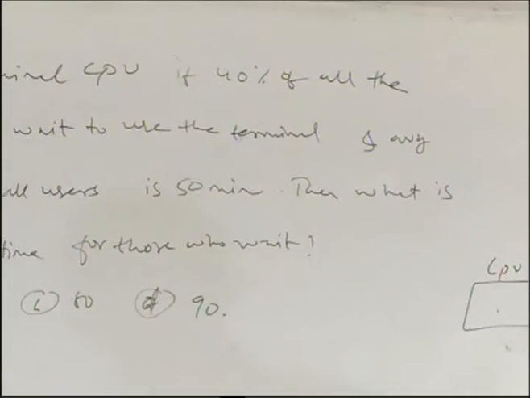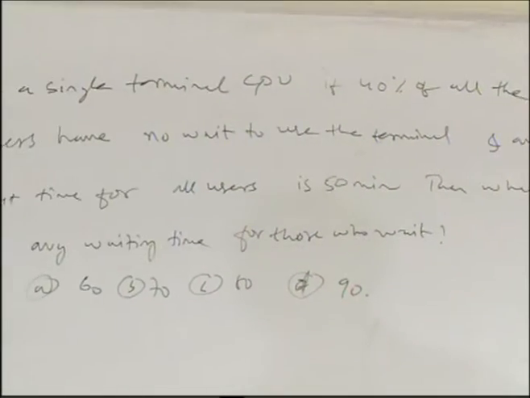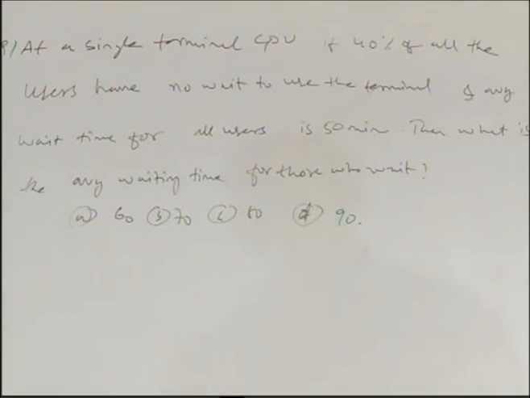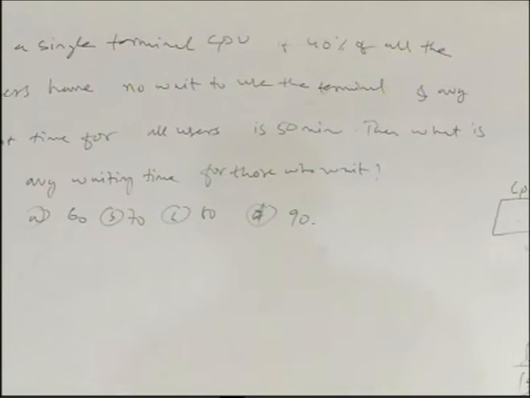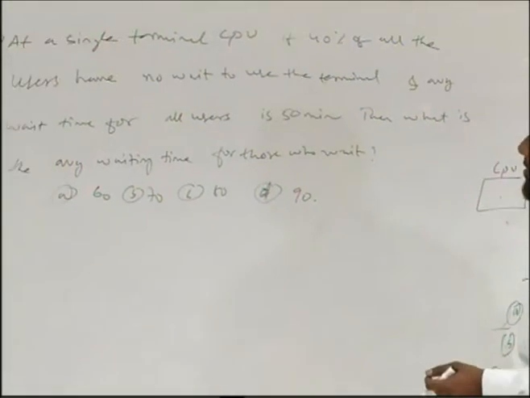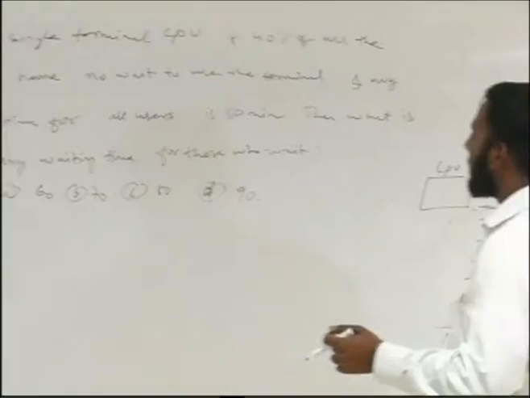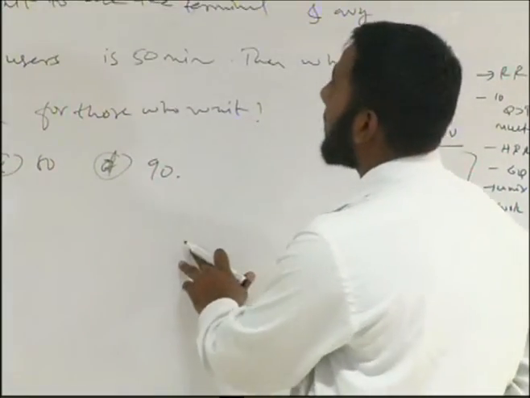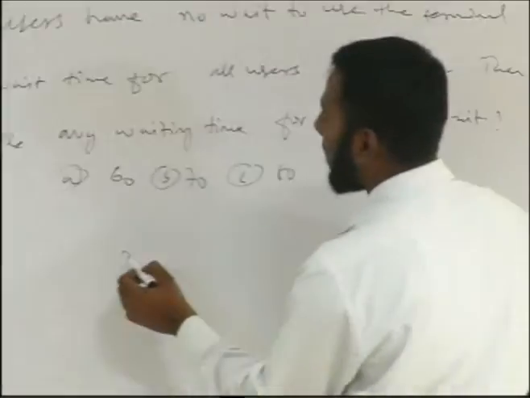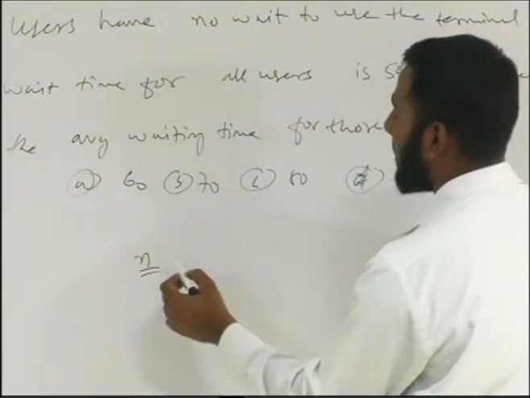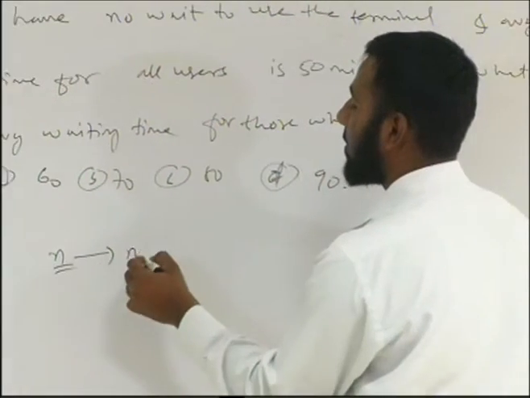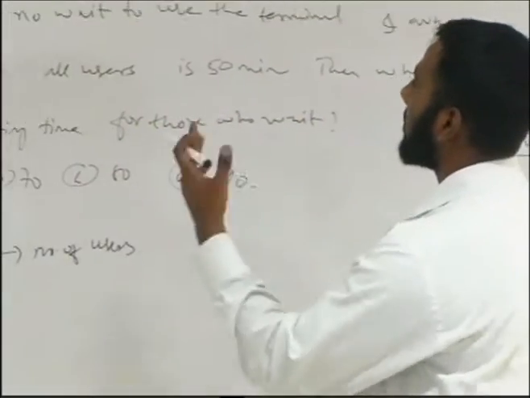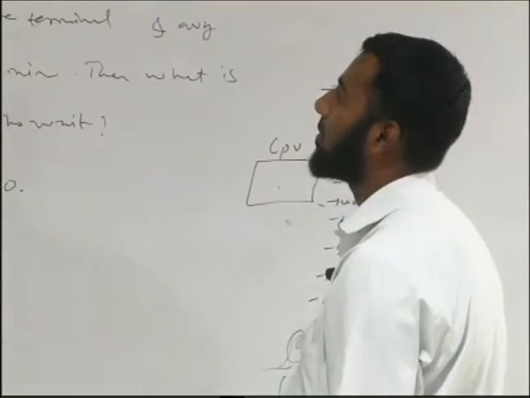At a single terminal CPU, if 40% of all the users have no way to use the terminal, and the average waiting time for all the users is 50 minutes, then what is the average waiting time for those who wait? Now generally, assume that we have n number of users who want to use the single terminal